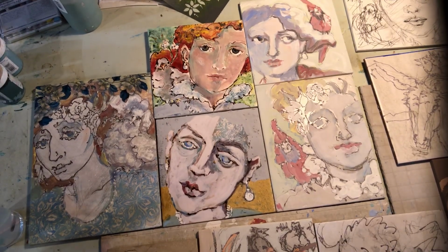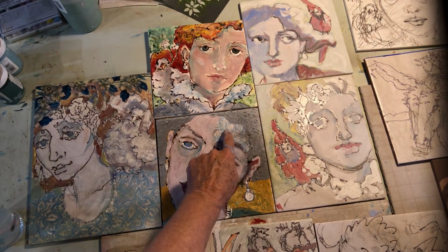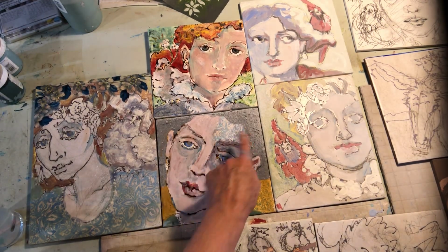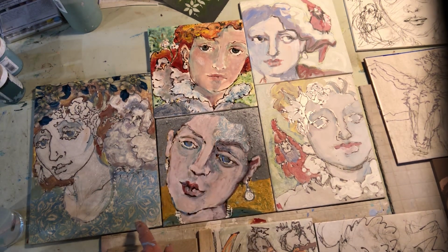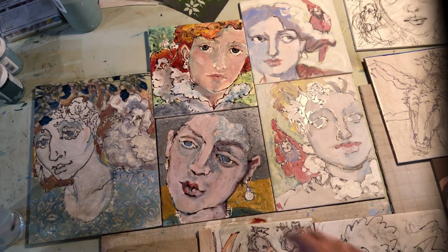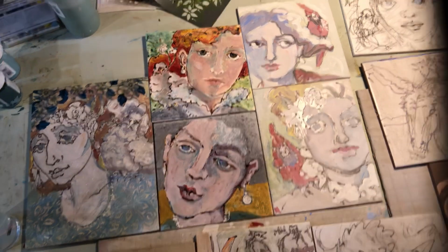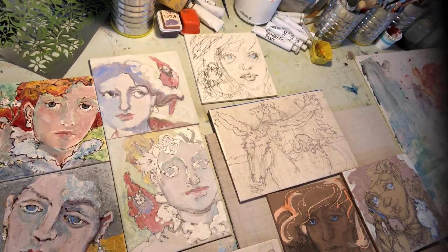Let me see if I can show you what's happening. That's the texture that I put on. It looks like this going in, and it looks pretty much the same coming out. This is the same texture, and this one hasn't been fired at all. So this one has been fired, needs more work, fired, and is in the process of getting worked on. Over here we have...